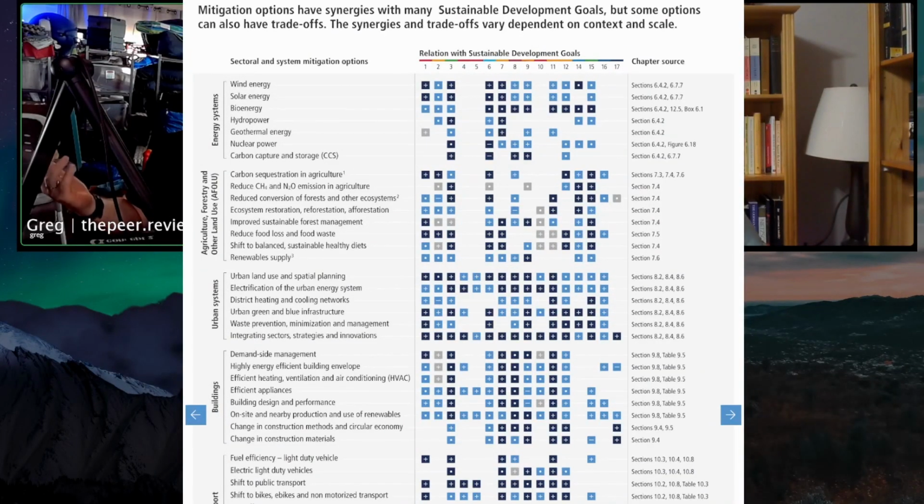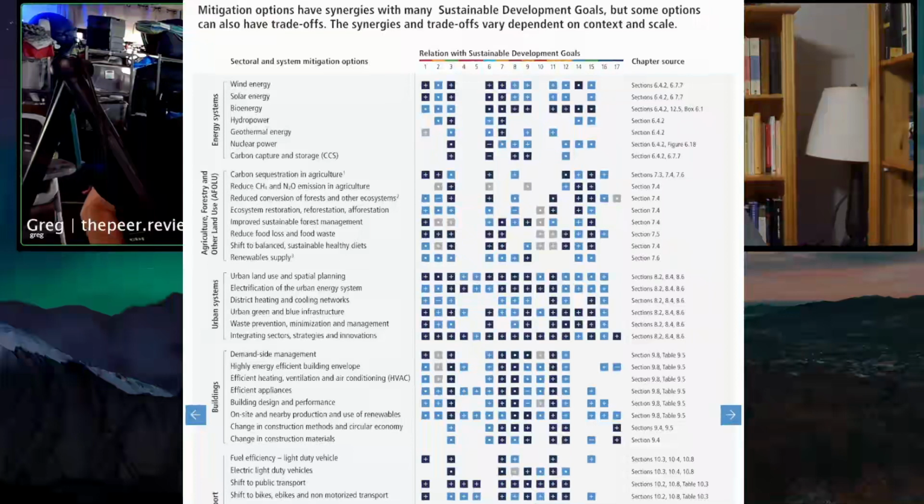So what are some examples of the related sustainable development goals? On the bottom, they're listed. Number 1 is no poverty. Number 2 is zero hunger. 3 is good health and well-being. 4 is quality education. 5, gender equality. 6, clean water and sanitation. So we can see that these are a lot of different things on the top that